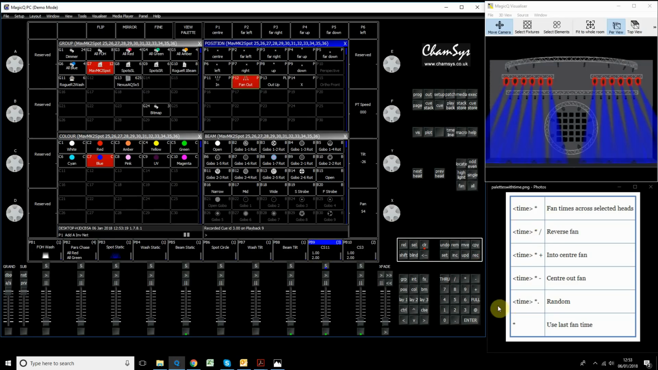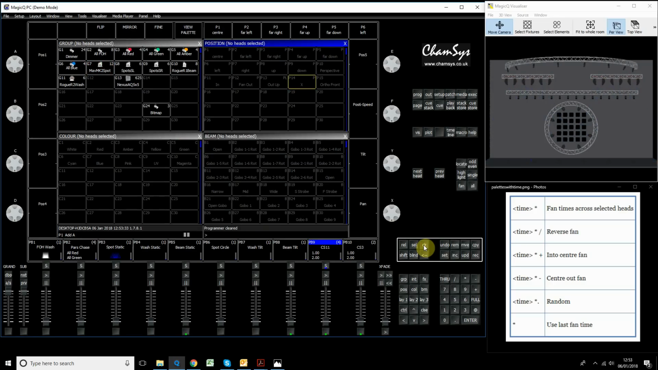And let's do another position. This time let's apply a pallet randomly across our fixtures. So let's say over 3 seconds, star, dot, select a different pallet, and you can now see that that's applied to my fixtures. Record that as a queue as well, clear my programmer, and now if I run the playback here, we're in